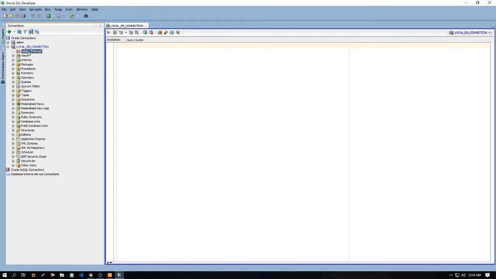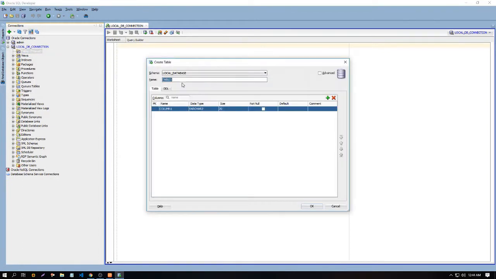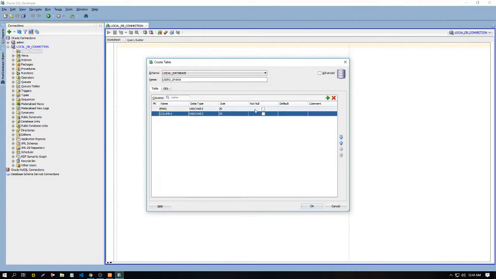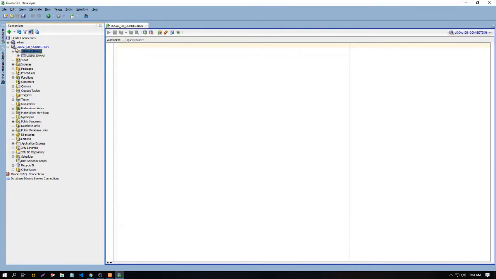There is no table currently, so let's create a table. Users Dhaka. This is the Dhaka connection, Dhaka user table, where the users are located in Dhaka. So let's add email, and another is password. Okay, and now